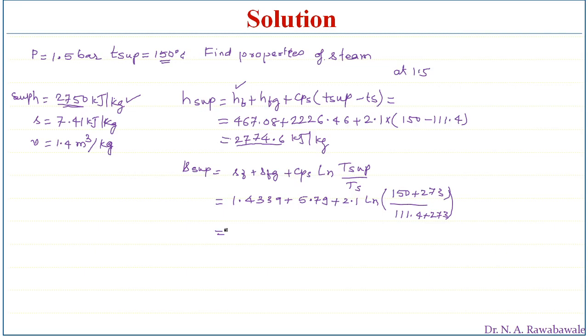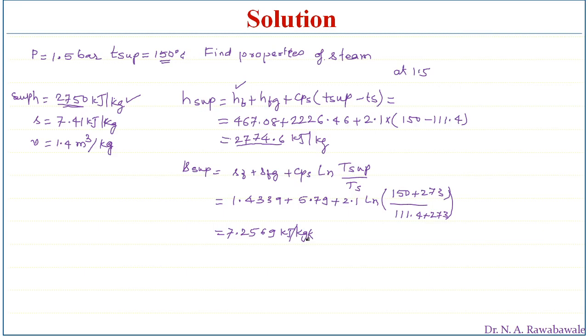0.12 natural log of (150 plus 273) divided by (111.4 plus 273), 7.25. This works out to be 7.2569 kilojoules per kg